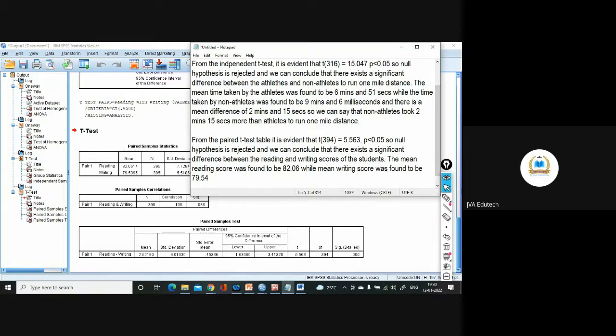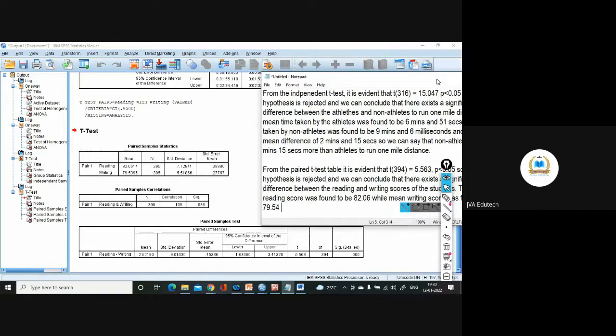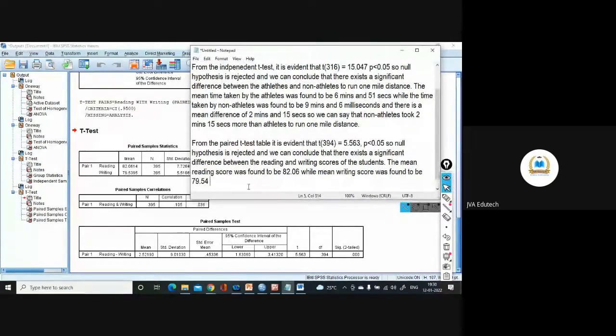the mean difference you have to calculate from here. Is it given? No. So the mean difference here, I think, yeah, this one.